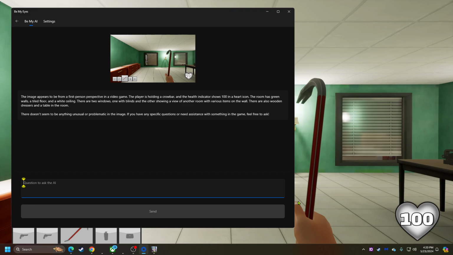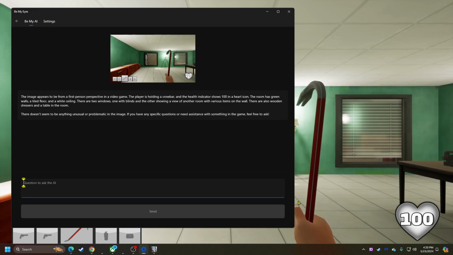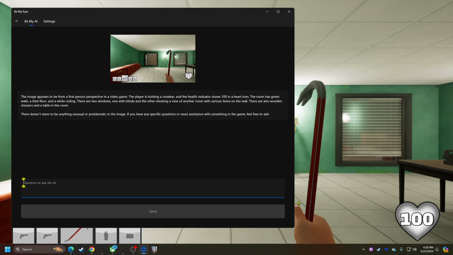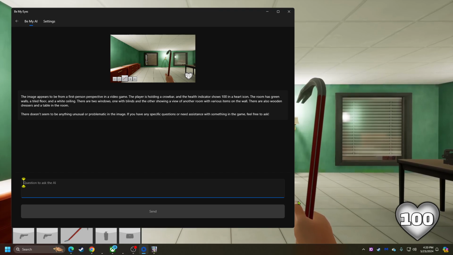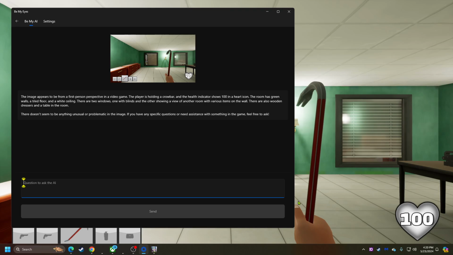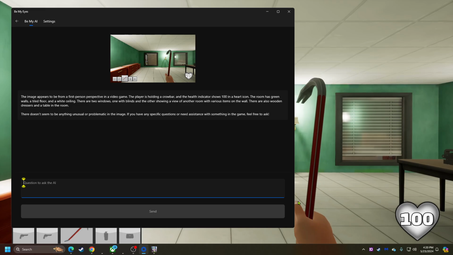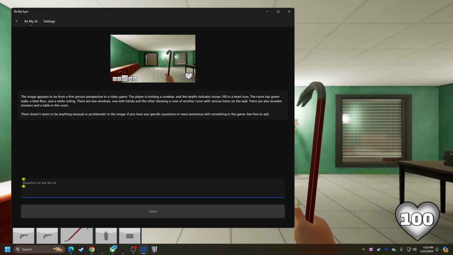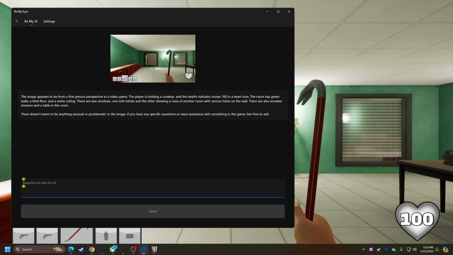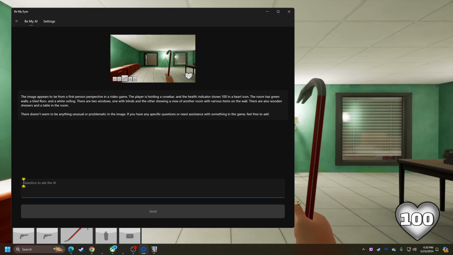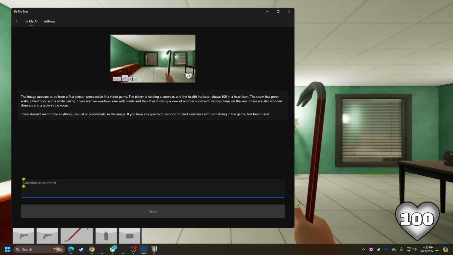I would have two keyboard commands. I would have one for turn live mode on, and another for turn the mic on, turn the mic off, toggle. Right now, you look at the detail that it told me about, it's a first person. I have a crowbar. It told me my health. It didn't mention anything about the lower left, which should tell me about the